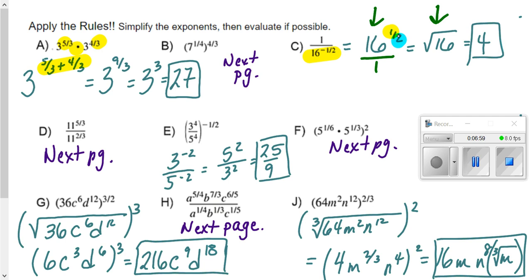In E, I first utilized the idea of a power to a power, as well as the idea that this exponent could go with both the top and the bottom. So a power to a power, I'm going to multiply. 4 times negative a half is negative 2, and I can put that with both parts. Negative exponents switch numerator and denominator, and then the exponent is positive. So I'd have 5 to the positive 2 on top, 3 to the positive 2 on the bottom, and then